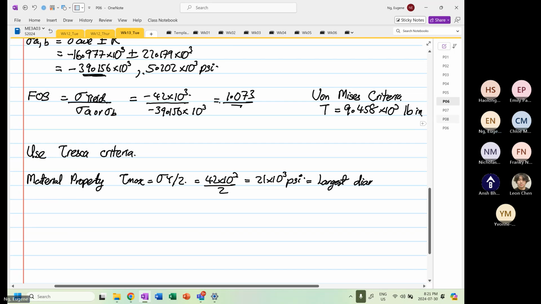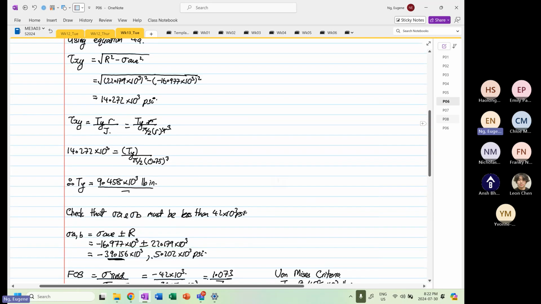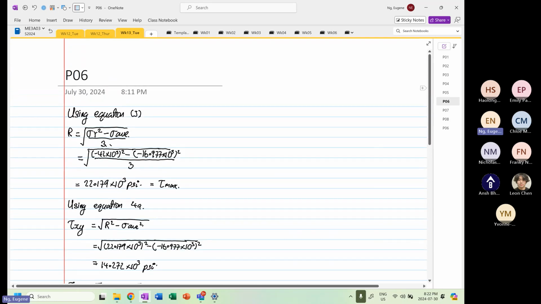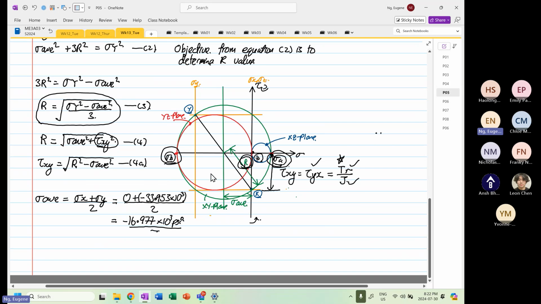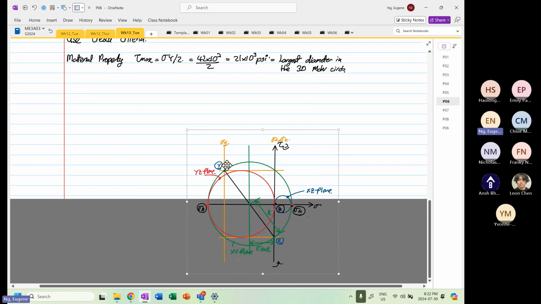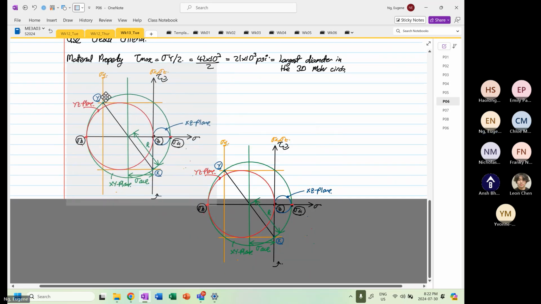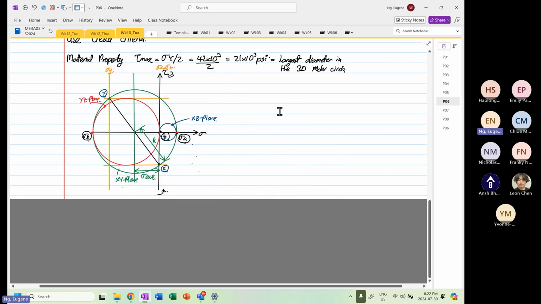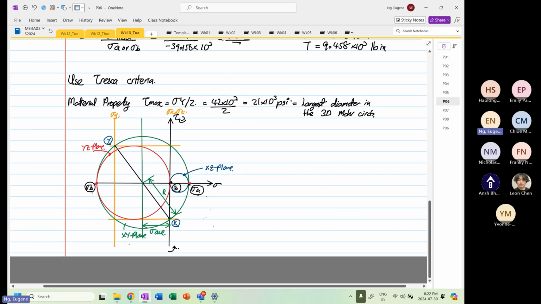diameter, okay, in the 3D Mohr circle. So we know from here, right, we can still use the same 3D Mohr circle. This is still valid, right? So we know the circle looks like this. Yes or no? So when the circle looks like this, we know that tau max